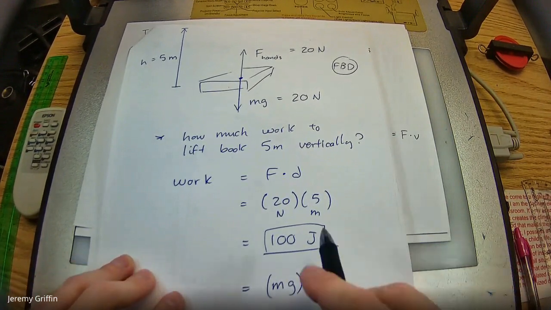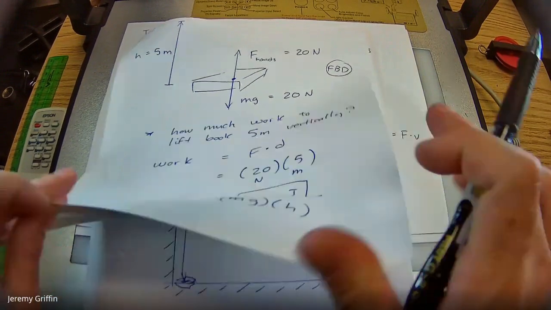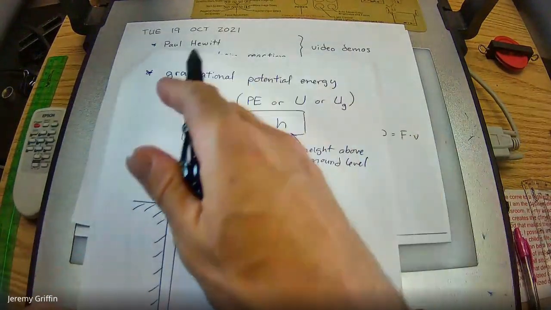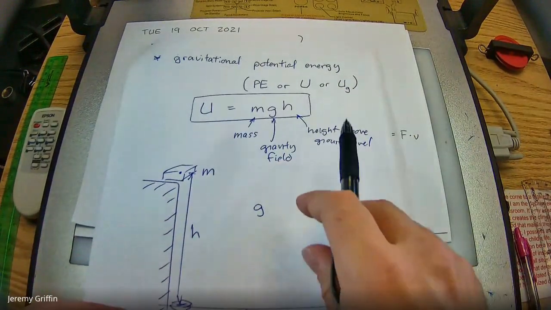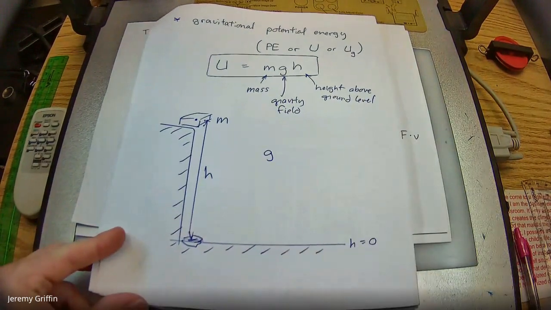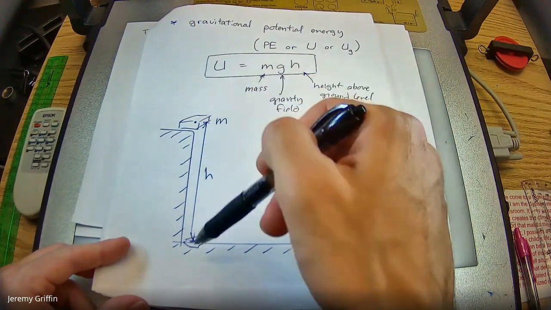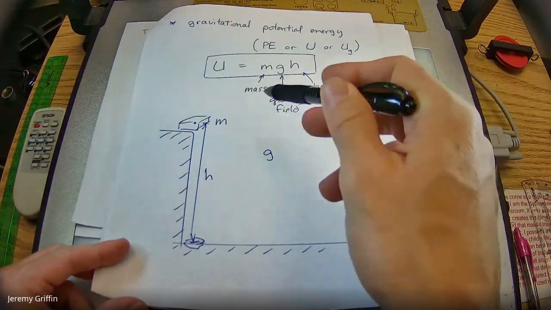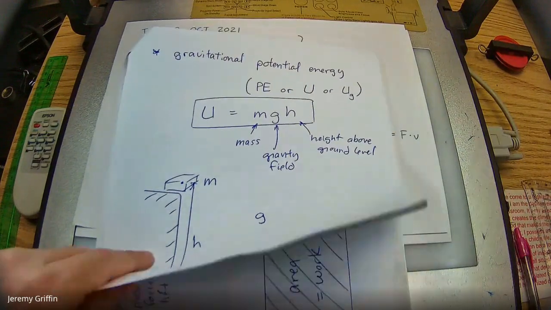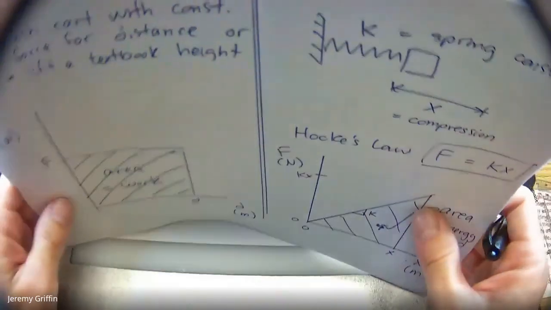So the force to lift it, that's the weight of the book. The distance moved is the height. This leads straight to the next one. Gravitational potential energy is defined as exactly that, mgh. Now, a caveat on this is it's only at a localized level, and I'll talk about that in a minute too. But here you go: mass of something, some height above the floor, and some gravity field, mgh. That will tell you how much energy it has, like stored potential energy, gravitational potential energy.